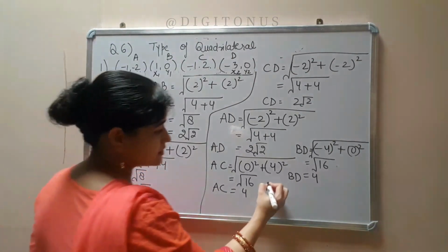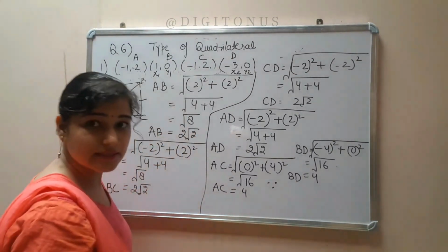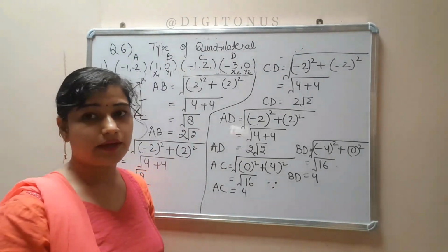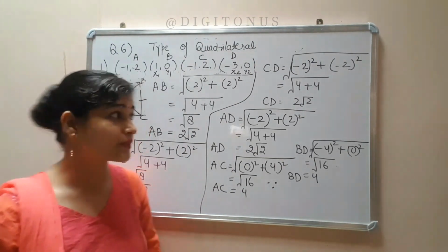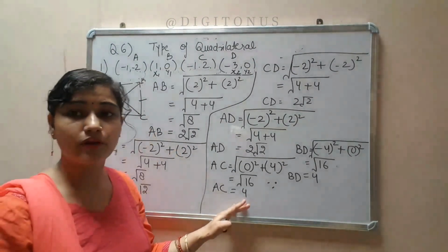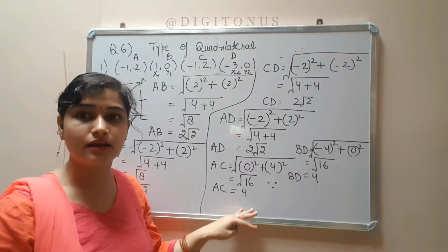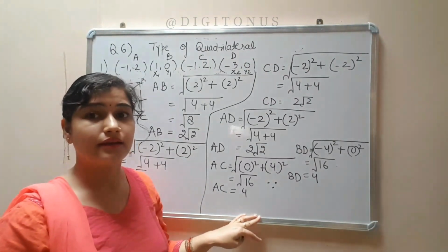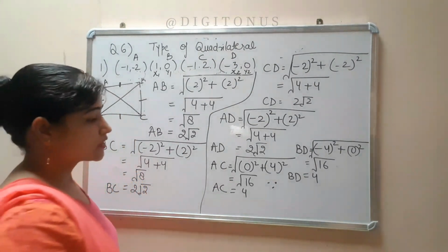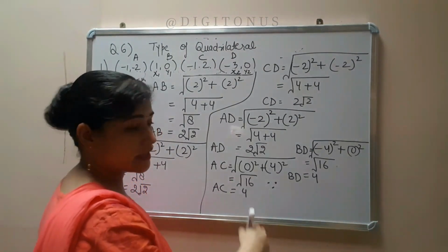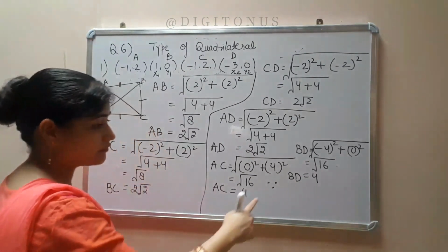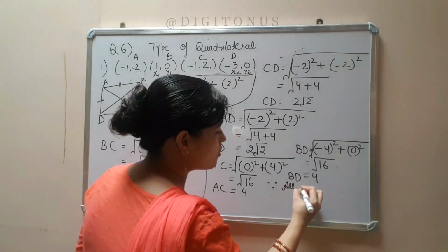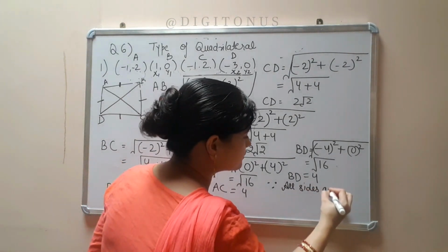So how will we write the answer? Now we know the answer, that it is a square. So how will we write it? Because students, keep in your mind that in board exams the solution is very important, but how you write answers is also very important, how to present your work. So how will we write the answer? We will make a rectangular box, and we will write, since all sides are equal